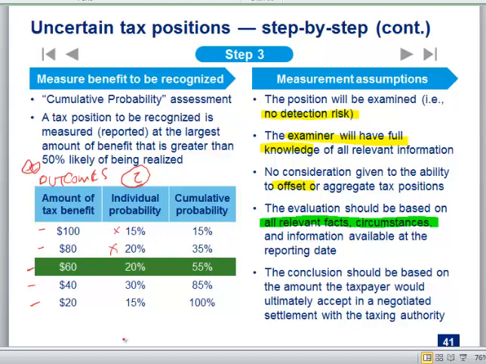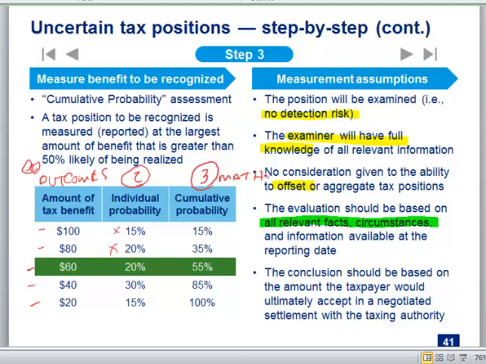Also factoring into this is your willingness to fight, right? If you say, like, that $100 of credit, that was gold, I don't know why anyone would have a problem with it. If anyone disagrees, they're nuts, and I will fight to the death. Then your percentage probability for that first outcome is probably high. Whereas if you said, I have no patience for this, I will give them half the credit, I don't care, I just want to move on, well then you will rank your percentages accordingly, right? You'll factor that sort of thing in. So you're supposed to assign individual probabilities, and then the third step is to do the math, okay? And this is just math.